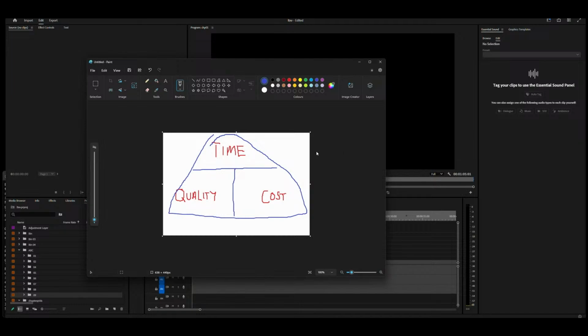Choose 2. So do you want it fast? Do you want it cheap? Or do you want it crap? Choose 2. So you can have it cheap and you can have it fast, but it'll be bad, yeah? Or you could have it cheap and good, but it's going to take forever. Or finally, you can pay a lot for it and it will be both fast and good. And that's